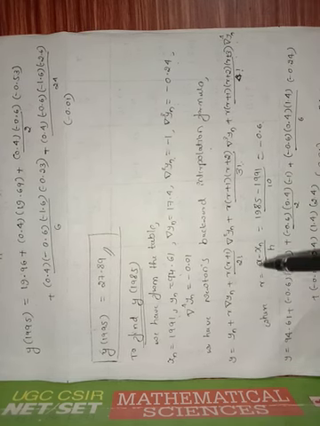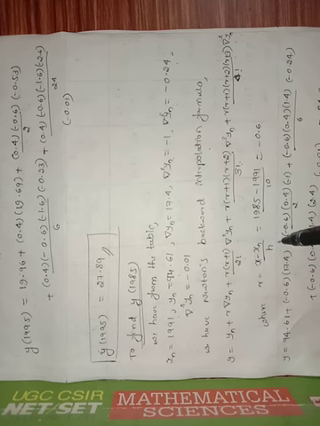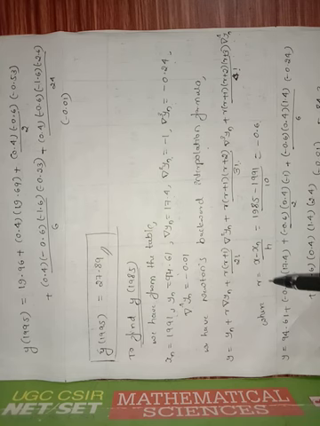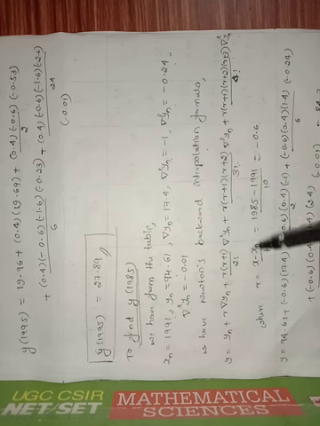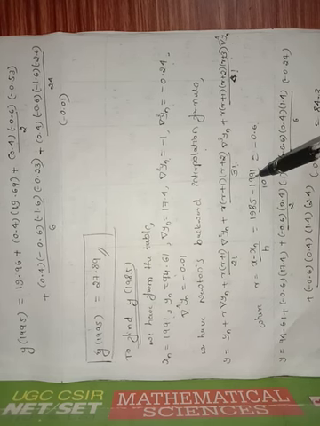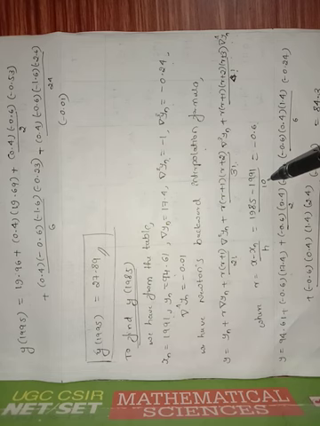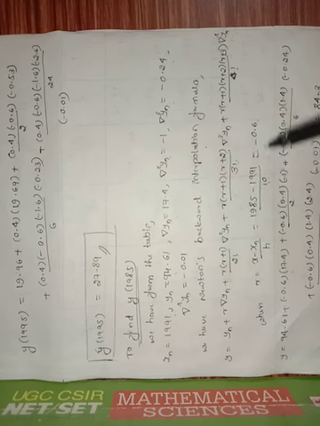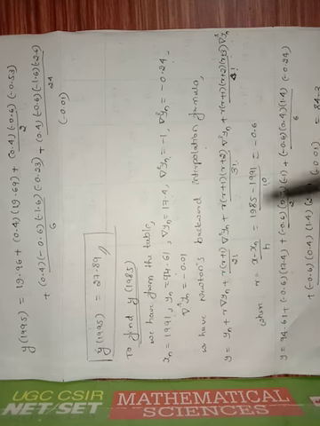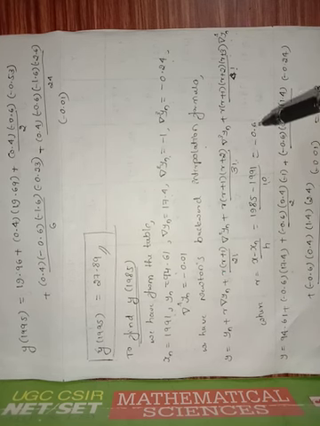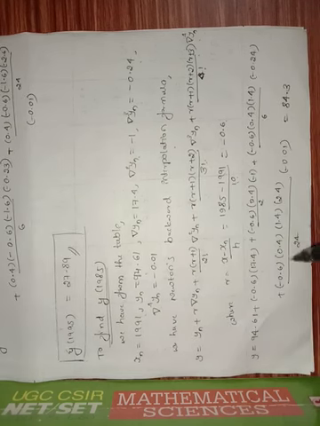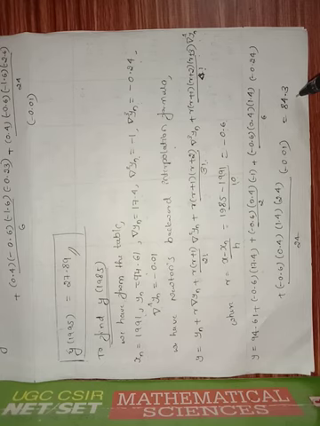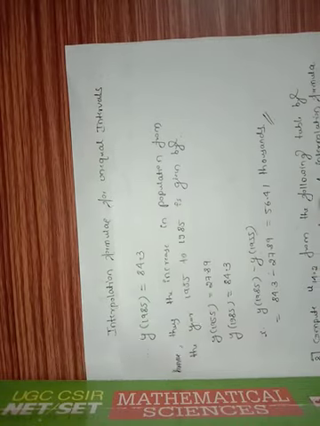Then r is found using the formula x minus xn divided by h. This is the backward case. So x is 1985 minus xn, the last entry 1991, divided by h, the same step size of the x interval, 10. Solving this whole term, you will get minus 0.6. Therefore, the r value is minus 0.6. Substitute the r value and these entries from the backward difference table, solve the whole term, and you will get 84.3. Therefore, y of 1985 is 84.3.